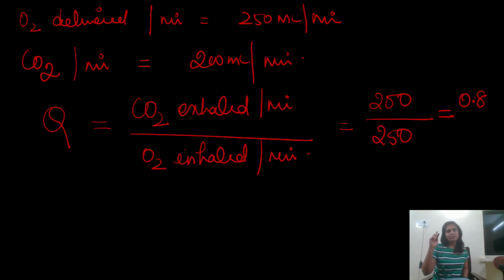So we have done two objectives. First, I told you few numbers related to circulation. Then I told you what is respiratory quotient. Now the third objective is to understand the alveolar gas equation. There's no point if you just memorize it because you're going to forget it. If you understand the scientific basis of how the equation is derived, at any point you will be able to recollect it. So first I'll tell you the equation.